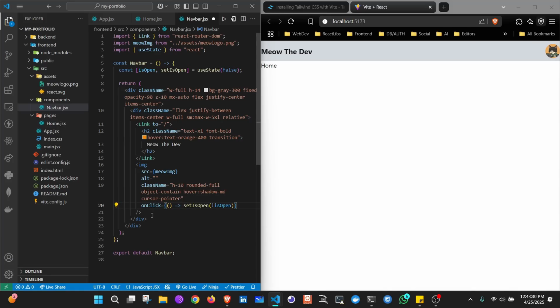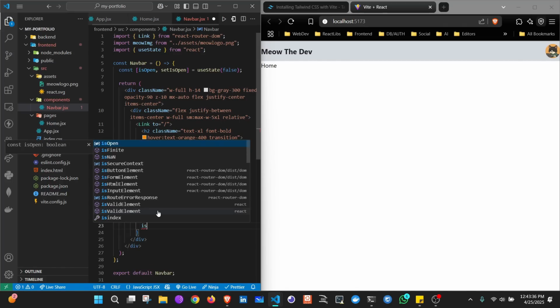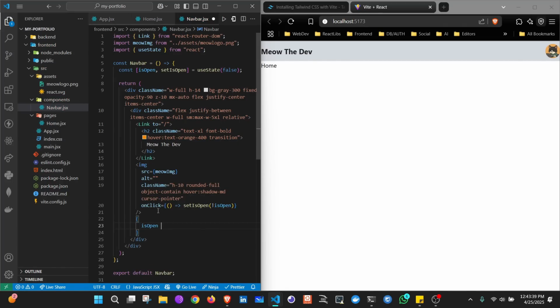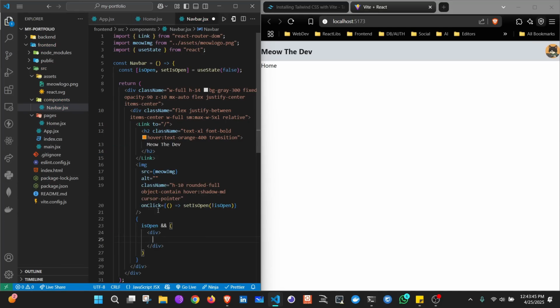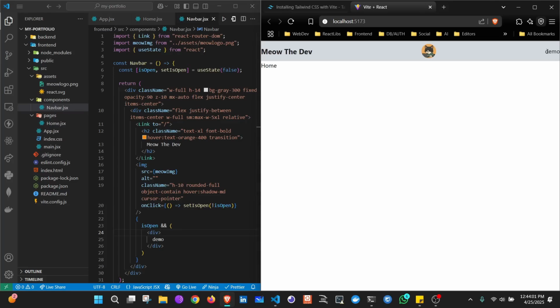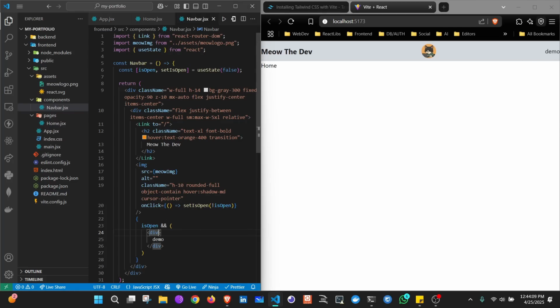Now let us create the drop down menu. For that reason, below the image, put curly braces, then if is open, then we want to render a div, and inside that, first of all, let us put a demo text. Now we cannot see it now. Let us click here. You can see demo, but the position is not perfect,